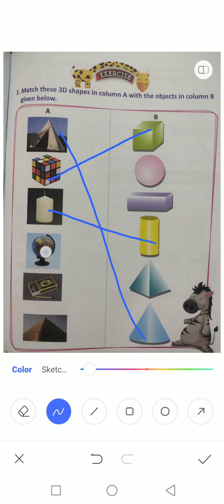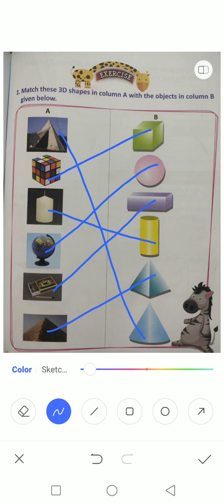The next one is in the shape of a circle, this is in the shape of a cuboid, and this is in the shape of a pyramid. So, dear students, observe the shapes and match the following with the pencil on page number 71.